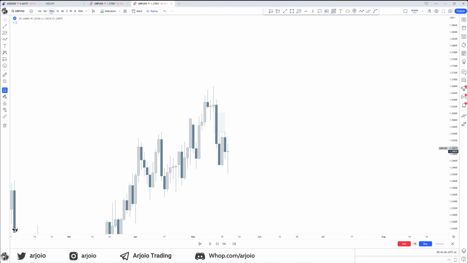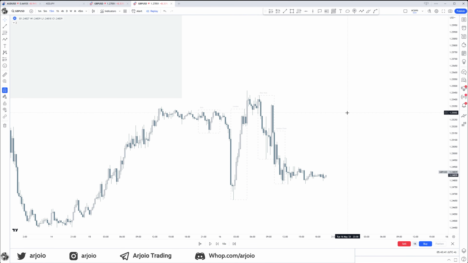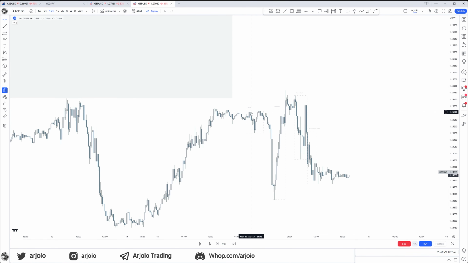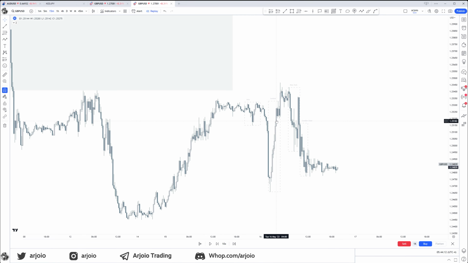When we dive into the 15 minutes, and again, it is not that difficult to know if it will happen in New York, because all we have to do is react. So what can we see here? We have Asia, we have London expansion. It actually sweeps Asia low, sweeps Asia highs right there, but it doesn't create the high of the day, doesn't create the low of the day. Well, sorry, it actually created the low of the day right here, but eventually this is getting taken out to target these lows, of course. But right here, the main premise is that London didn't make the high of the day and New York didn't respect what London did, etc.